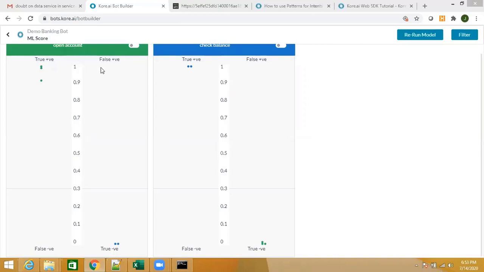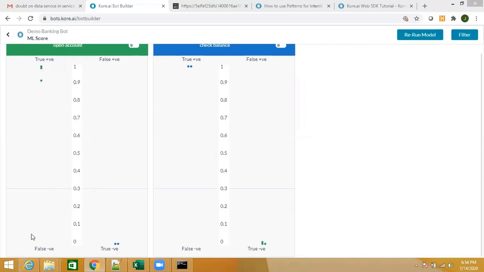That utterance will be mapped in the false positive quadrant of this intent. If you see any dots coming in the false positive quadrant, you have to immediately look into why it is generating a false positive, because it's a very undesirable situation where an utterance meant for some other intent incorrectly identified this intent. So at all cost you should try to avoid a false positive.